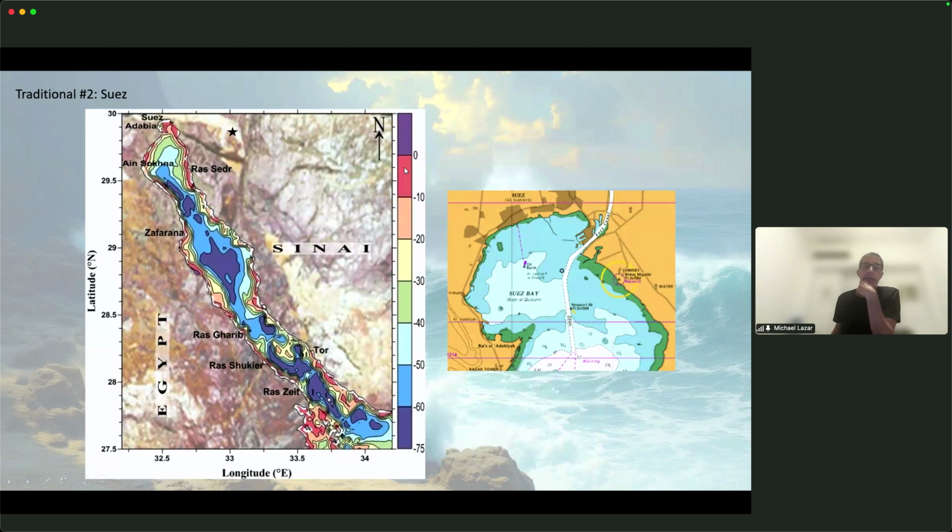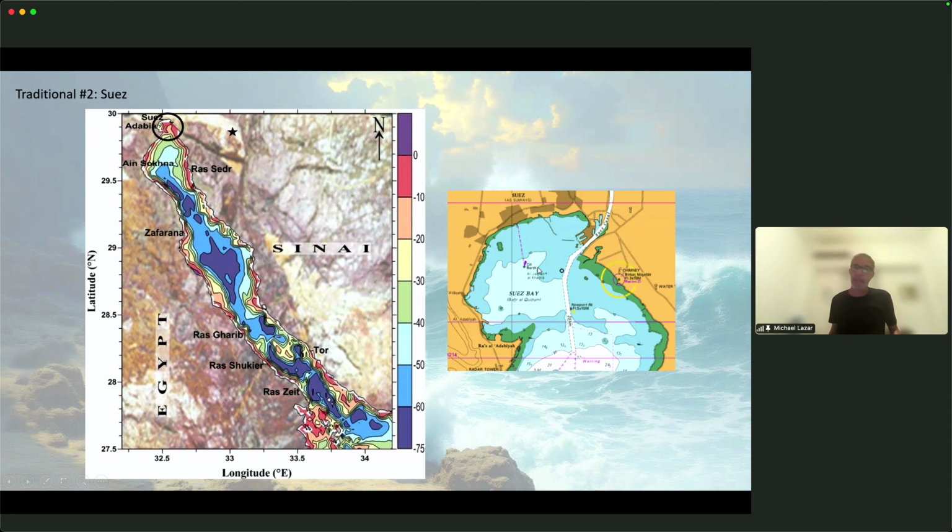The Gulf of Suez has also been proposed as a possible crossing site. We're also dealing here with deep water, down to 75 meters, the shallowest being this blue over here, 40 meters at a stretch, 35 meters. So the only possible site that makes sense, which has been suggested before, is Suez Bay. This again is a nautical map, and it's hard to see the numbers here, but this first contour line is 10 meters. So the darker blue is shallower than 10 meters, meaning that this area is a possible connection, at least looking at